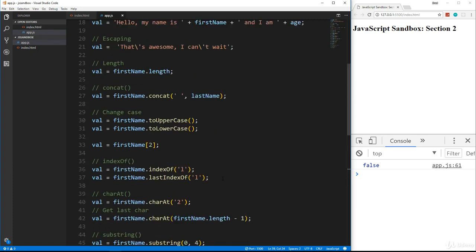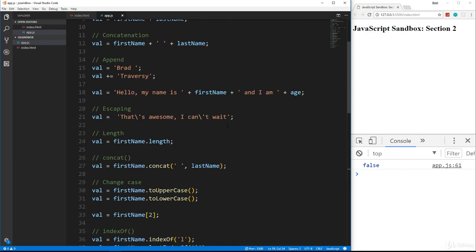So I know that this isn't the most exciting stuff right here, but this is the basics, and you need to know it, and you will run into some of this stuff. So like I said, it's not exciting. We will get into more exciting stuff when we start building projects, getting into the DOM. But this entire section is really for beginners and just getting your feet wet and trying to understand the